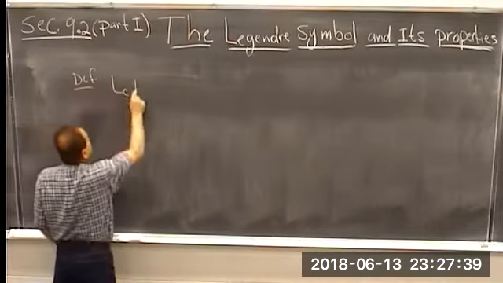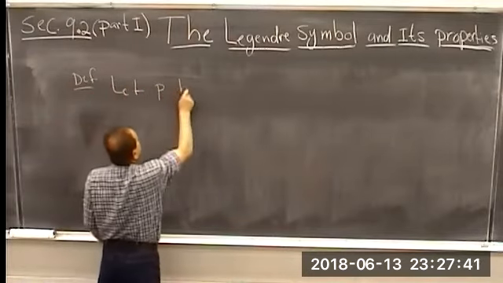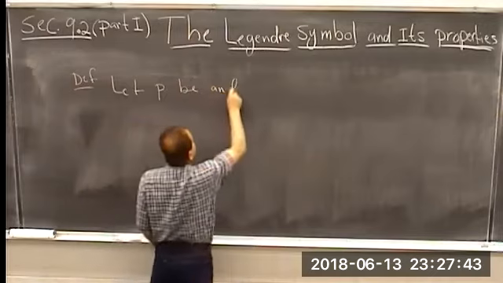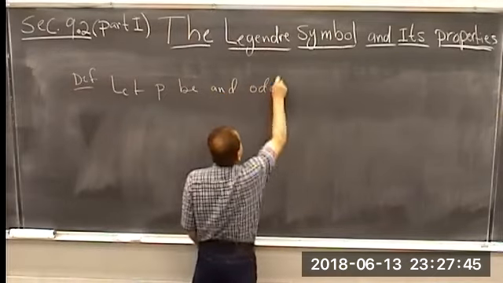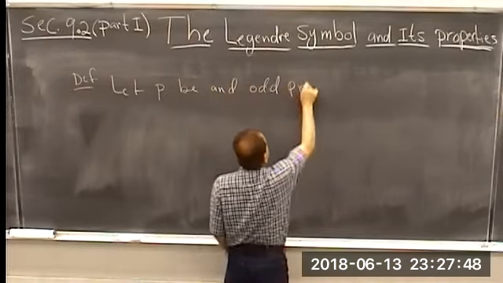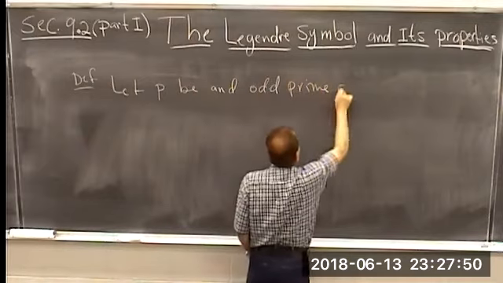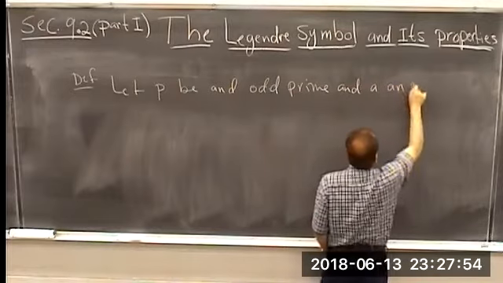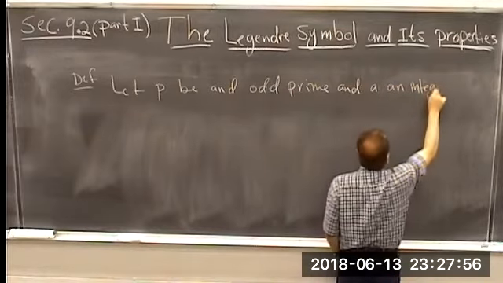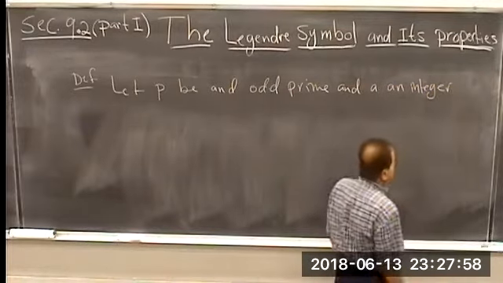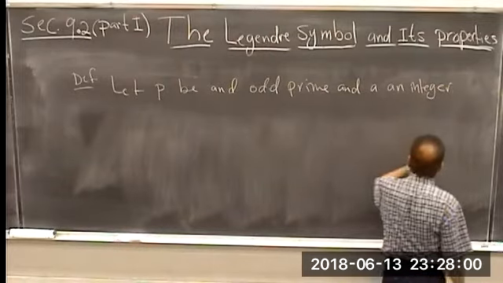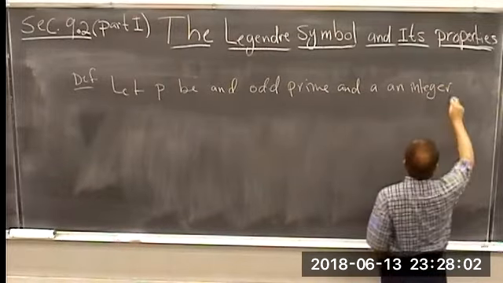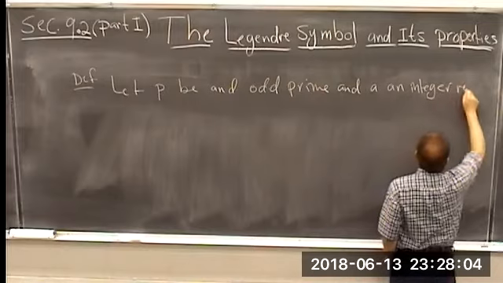Let p be an odd prime and a an integer, positive or negative. Of course, we don't want it to be 0, because that's trivial. An integer relatively prime